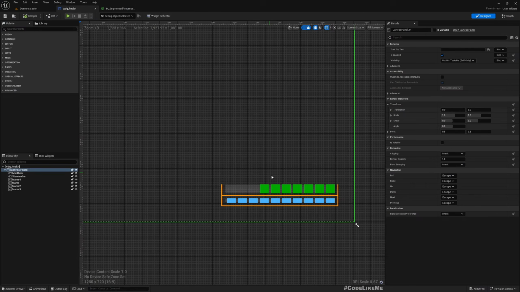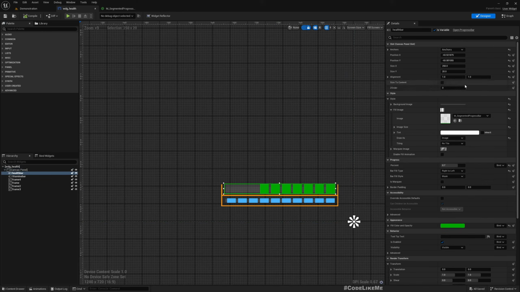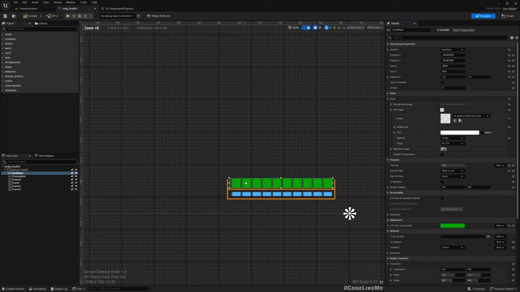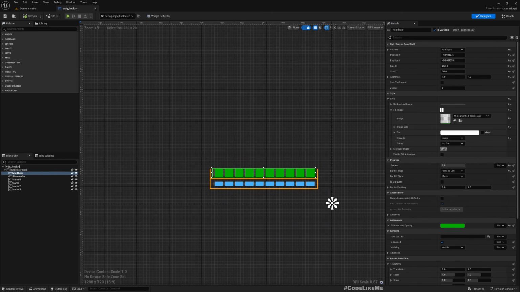Let me show this. So here, this is the widget, and if I put values like 0.9, 1, you can see there are segments. It works with partial values as well. And also in the material we implement, we will have parameters to change the gap size and the segment size. By using them you can control the amount of segments that you will have in this health bar. So for example, if I want to have only 5 segments,